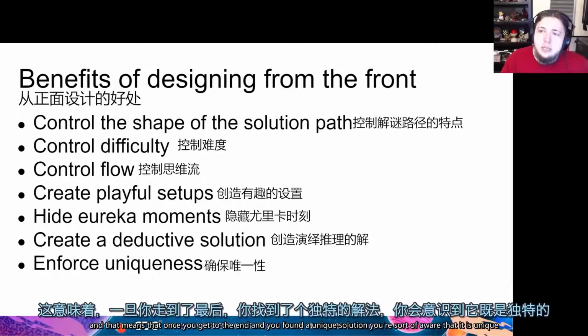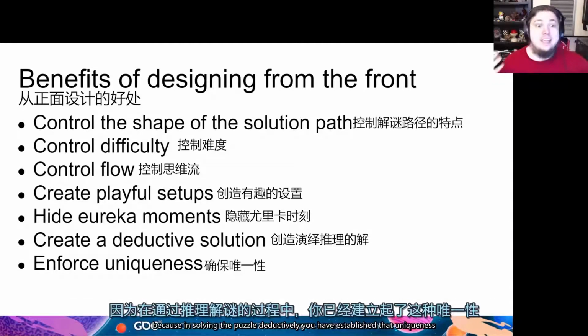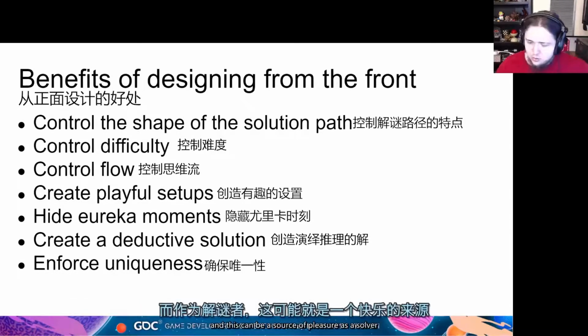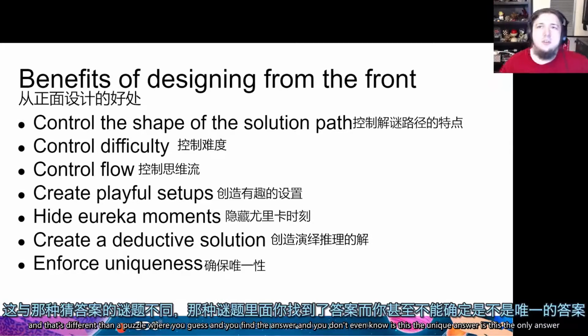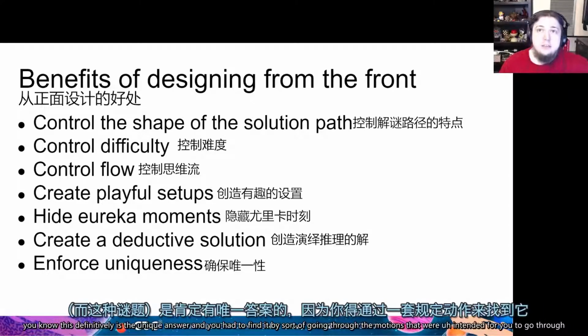And that means that once you get to the end and you've found a unique solution, you're aware that it is unique, because in solving the puzzle deductively, you have established that uniqueness. And this can be a source of pleasure as a solver, because it's like the soundness and completeness meeting together, implying that both the existence and uniqueness of the solution have been established. That's different than a puzzle where you guess and find the answer and you don't even know, is this the unique answer? Is this the only answer? This definitively is the unique answer, and you had to find it by going through the motions that were